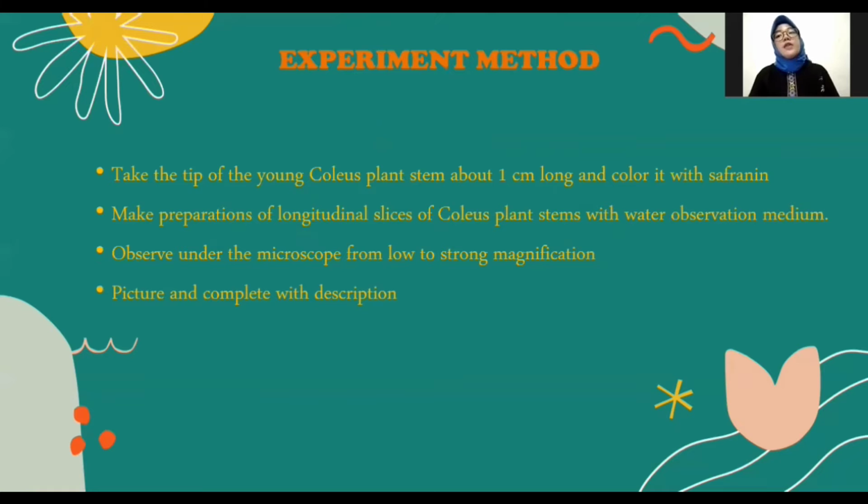Here is how the preparation of preparate and practicum lab work using the experiment method. First step is take the tip of the young Coleus plant stem about 1 cm long and color it with safranin. Second is make a preparation of a longitudinal slice of Coleus plant stem with water as the observation medium. Third is observe under the microscope, from low to strong magnification, and last is picture and complete with description. Next,